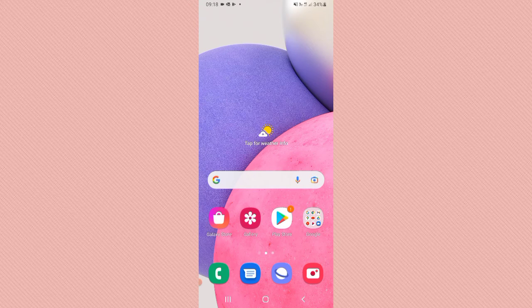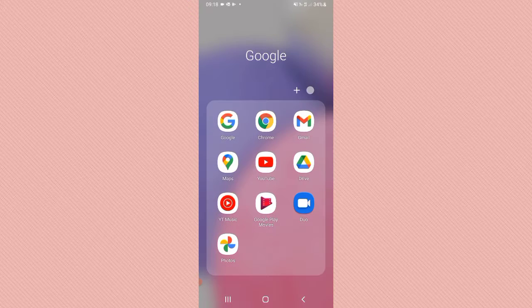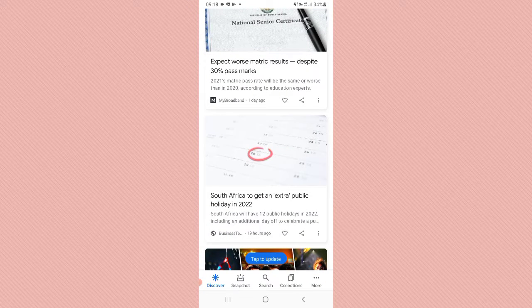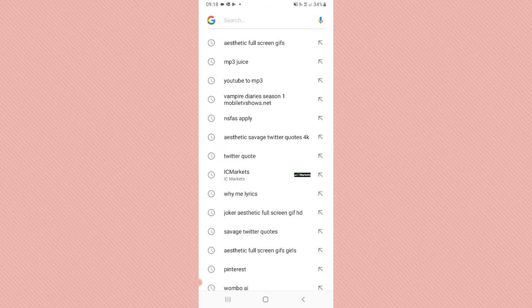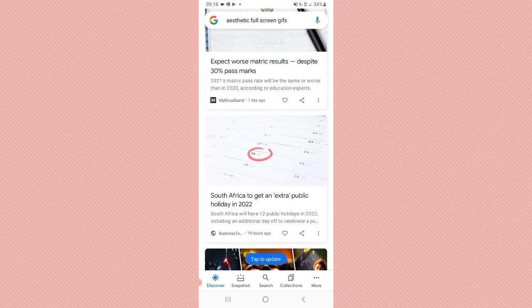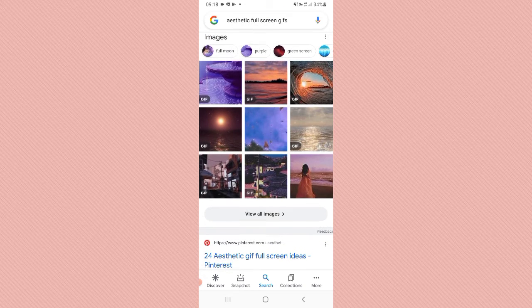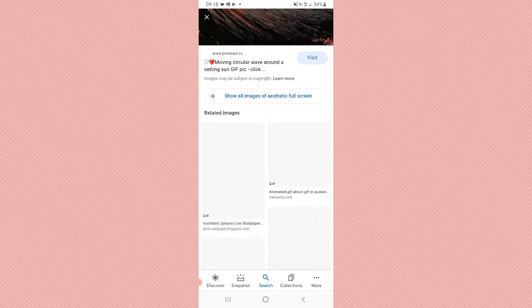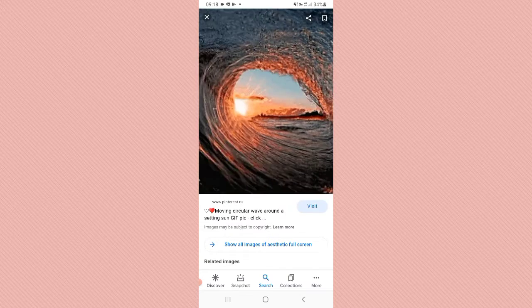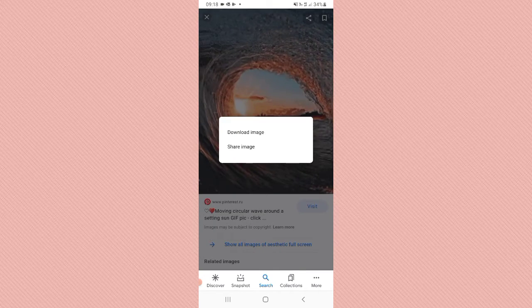So the first thing you will need is you will need to go to Google, and you will need to find a full screen GIF. So you will need to go to Google, search aesthetic full screen GIFs. There's a couple here you could pick from. Maybe you could pick this. Now all you need to do with this is you need to download it,